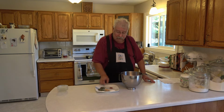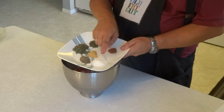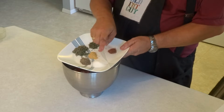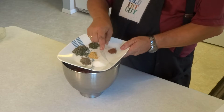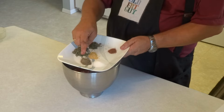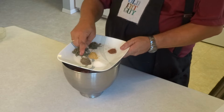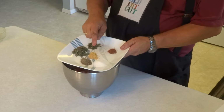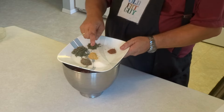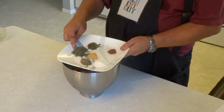We'll start off with 12.5 grams of salt, which is 6.5 milliliters or 1.5 teaspoons. I have 2.2 grams or 3 milliliters, which is a half teaspoon of black pepper. I have 2.2 grams or 10 milliliters, which is 2 teaspoons of chopped fresh sage, or you could use dry